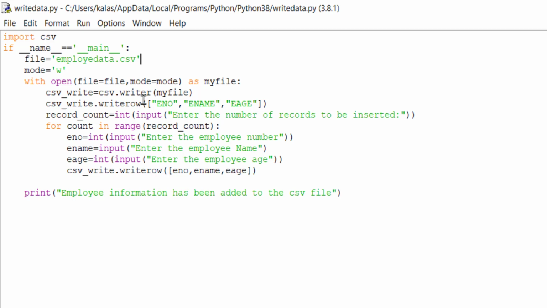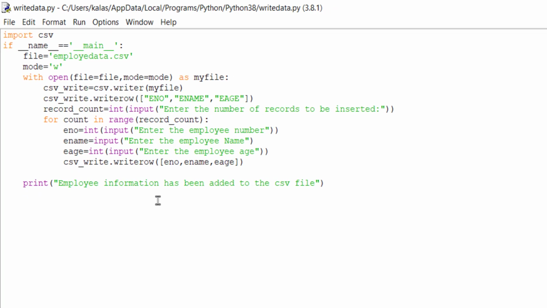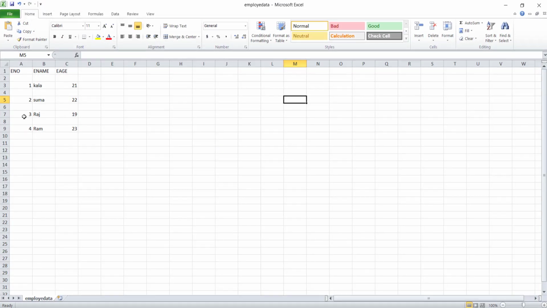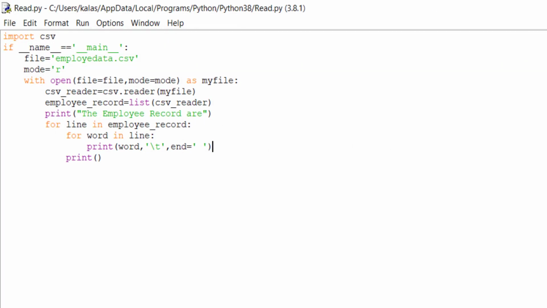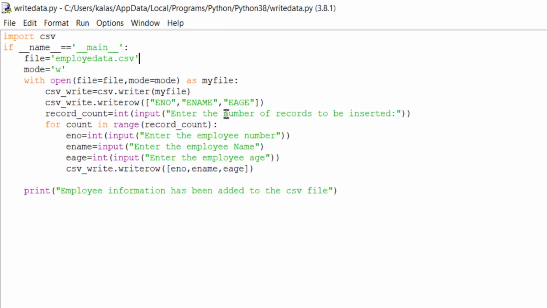After that, we need to enter the data. See here, for each row I am entering the data. To enter this data, we need to write like this. First I am taking the information about how many rows of data we need to insert.